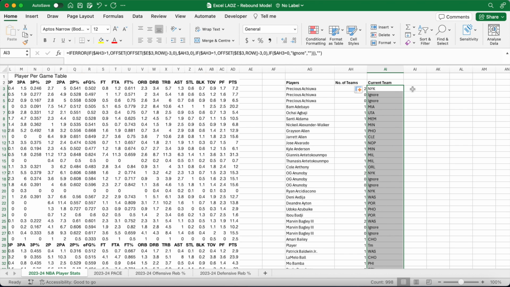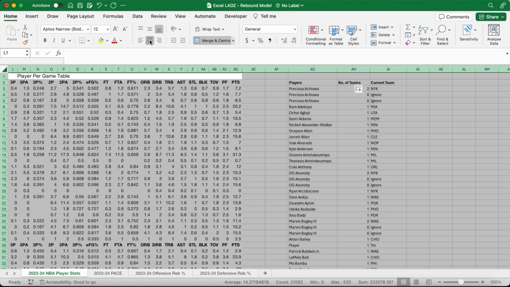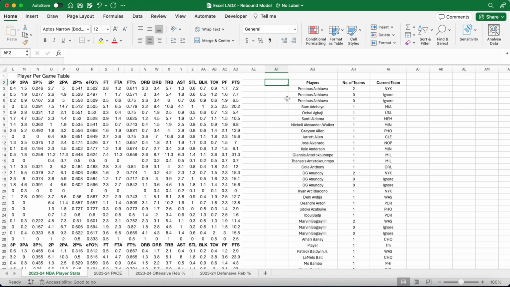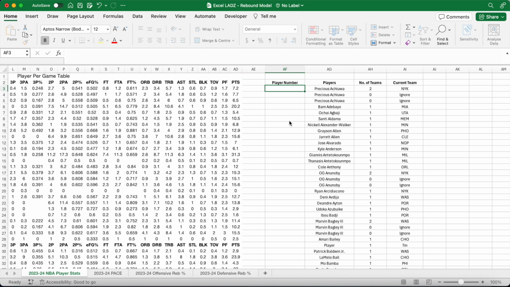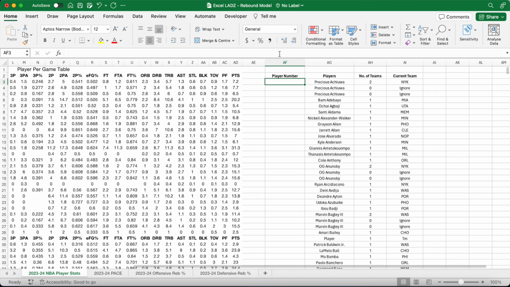And once you've done that, I can select the whole worksheet and then center the text to make it look a bit better and neater. And then in AF2, I'm going to put the column header "player number". And in this column, I'm just going to return a unique number for each player. If their text is "ignore" in column AI, then they won't get a number,